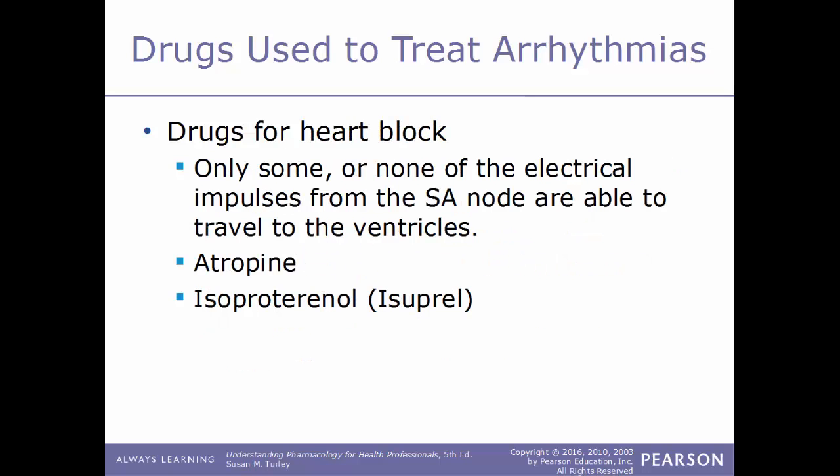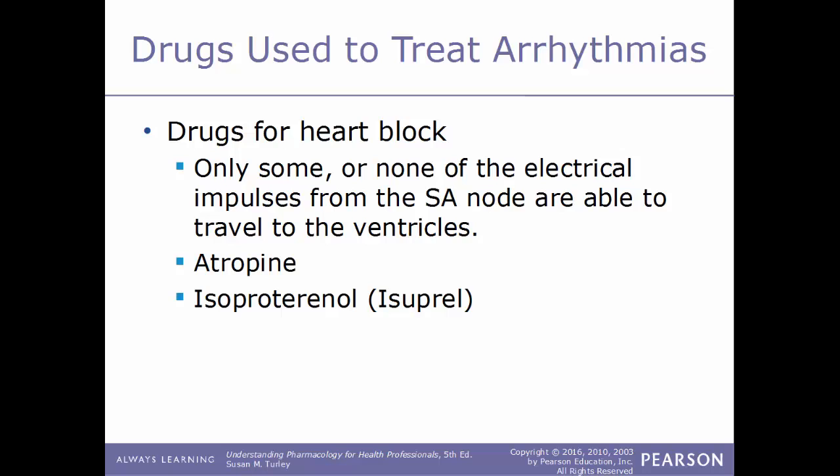When it comes to heart block, this is where you have only some or none of the electrical impulses from the natural pacemaker, the sinoatrial node, able to travel to the ventricles. So these signals are being blocked. That's why it's called heart block. A drug that could be given to treat this would be atropine also, or the drug isoproterenol, also known by